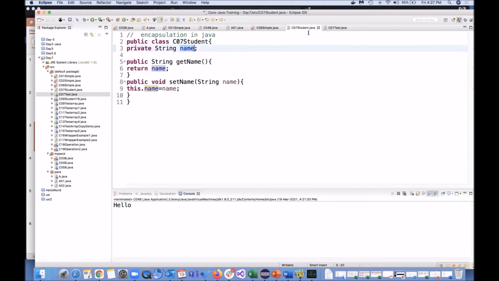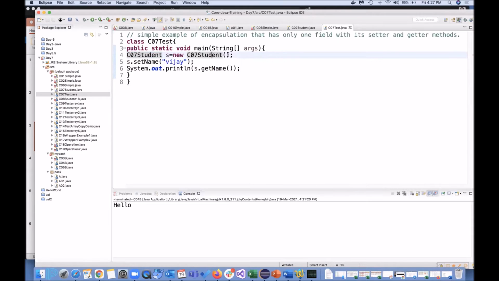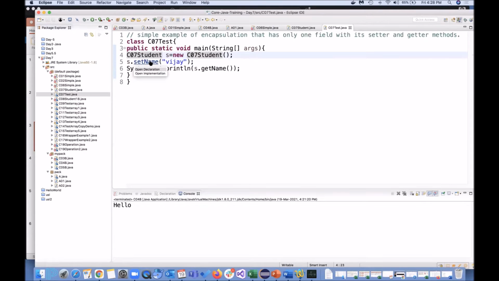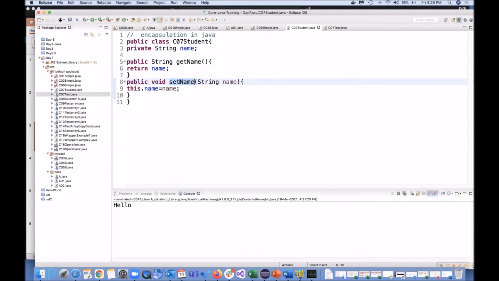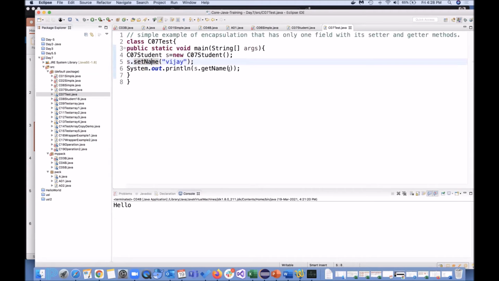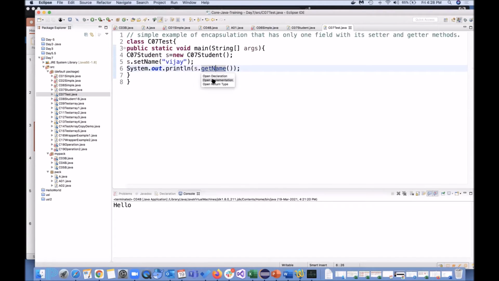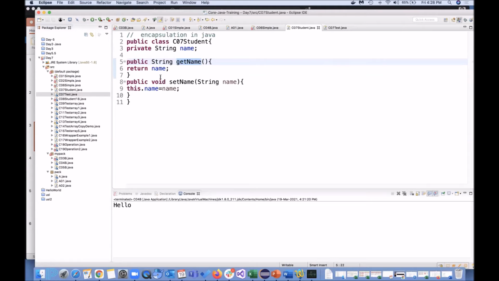I don't have any no-argument constructor defined, but still, if I put my cursor here and press Control plus the arrow, and then do the declaration, it takes you to this class. Here, what you are saying is setName. Let me see whether it is going. Yes, it is coming here only, which means it is setting the name. It will set the name as Vijay, and when you say getName, it will take you there. If you want to do open implementation, it also takes you there in the main program.